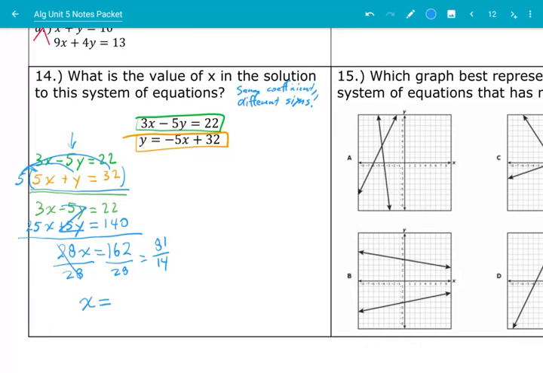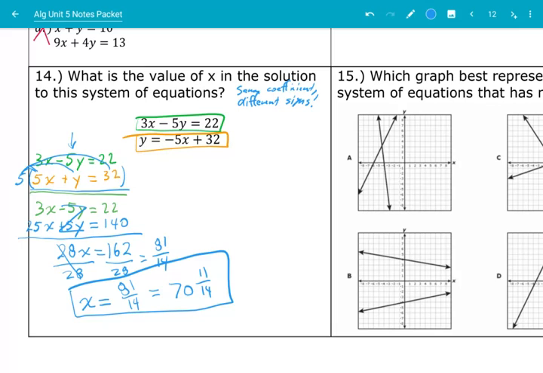Okay, well, the value of x is 81/14, which is 5 and 11/14. Okay, well, there's the value of x. It seems like a really weird number, but